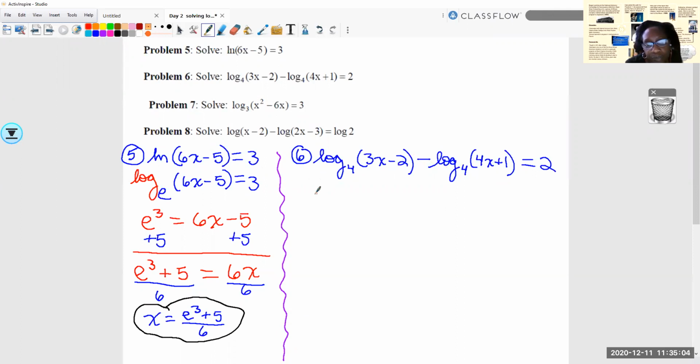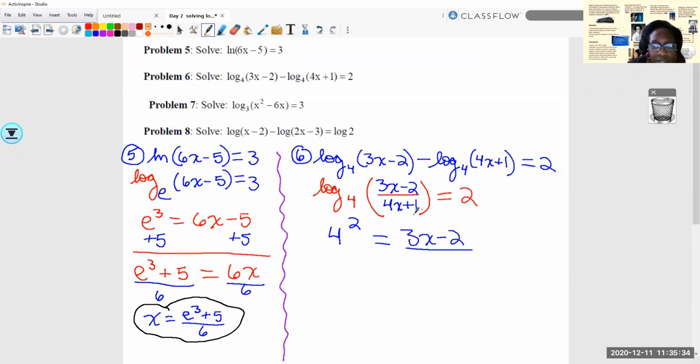Quotient property. Log base 4, we're going to have a fraction line, equals 2. We got all that work. On the top is what's first, then the bottom. Okay, how do you solve log equations? We write them in exponential form, which we're ready for. So this becomes 4 squared equals